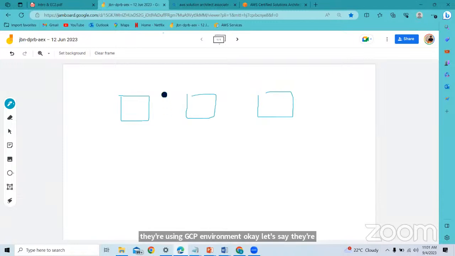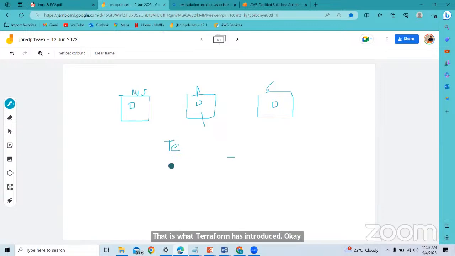Now if you want to implement one application, typically you log into the AWS console, deploy it, come out of it, go to Azure, deploy it, come out of it, go to GCP, deploy it. This is the typical way to do it, but it will consume a lot of time. That is why Terraform was introduced.